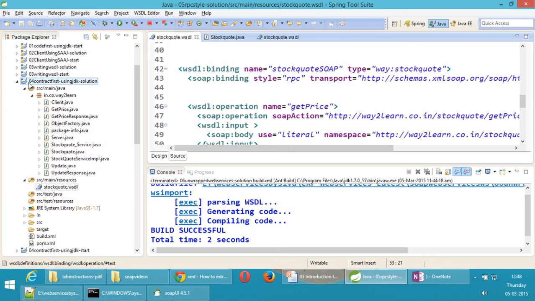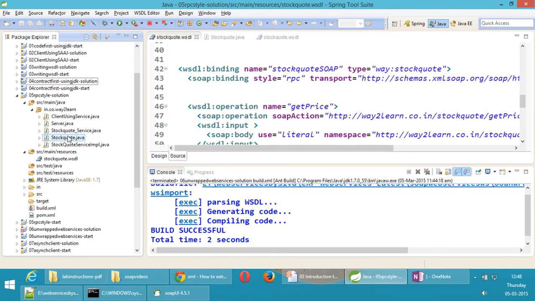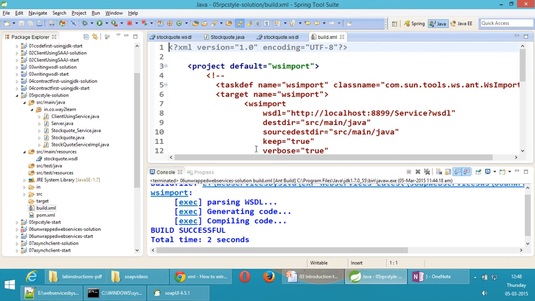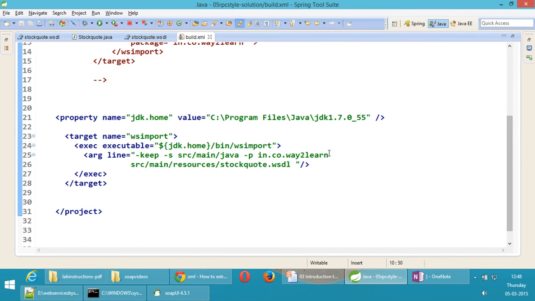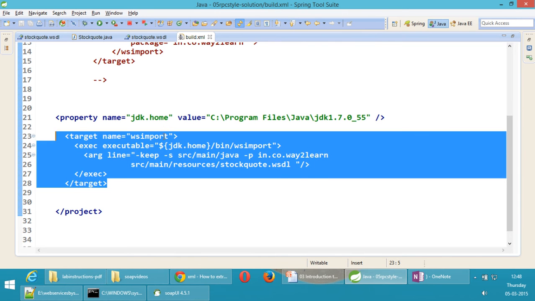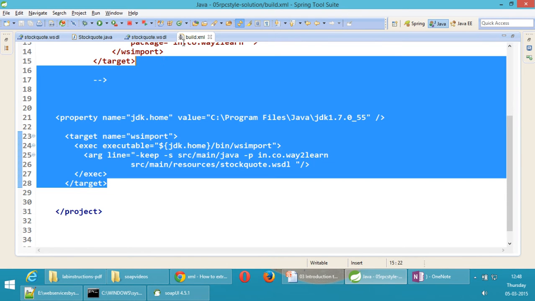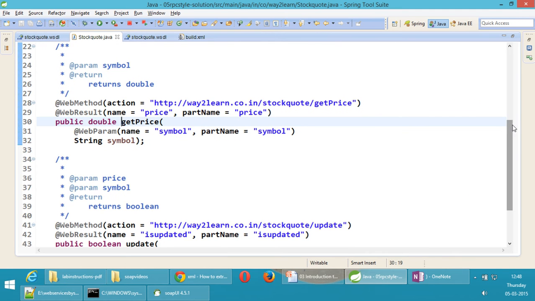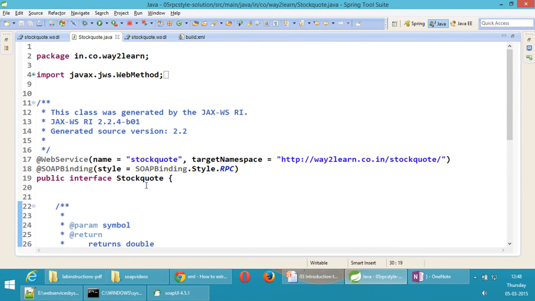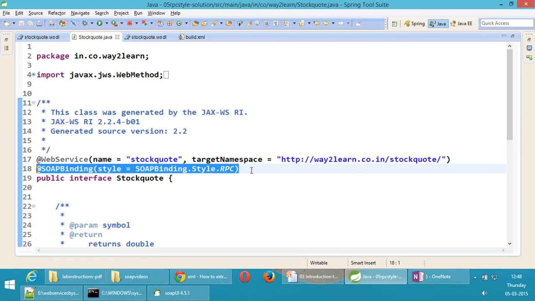Now, if I generate code using this WSDL, while generating in the script, do I need to do any changes? Nothing else. It's as usual. By using WS import, we generate the code as usual. And if you observe the generated code, this is the interface. On top of the interface, SOAP binding annotation is saying that style is RPC style. This annotation is extra now in the generated interface.